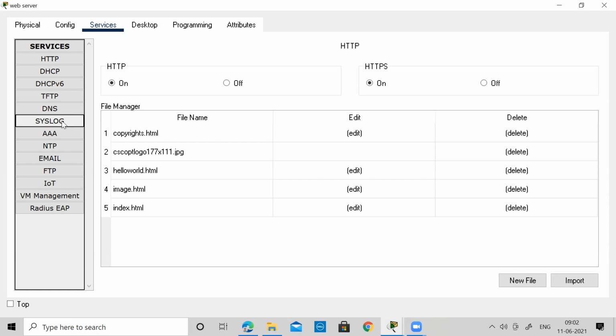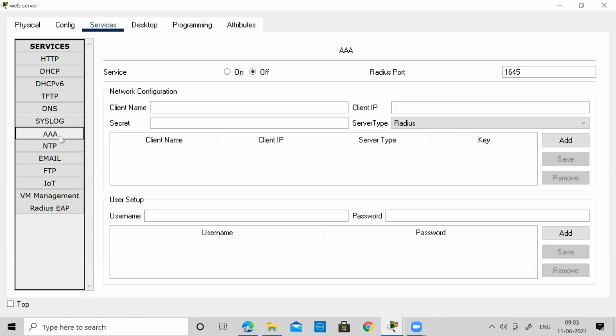There is a syslog service, which is basically keeping a log of all your activity. It's very, very important for a network engineer or administrator, because syslog keeps all the log activity, like when the device interface went up, when it went down. This is very important when you have to troubleshoot, because it keeps the list of all the activity with the timestamp, that at this time the interface was up, it was down. When there is a failure happening, you just pull up the logs and check where things went wrong. So syslog is basically keeping that.